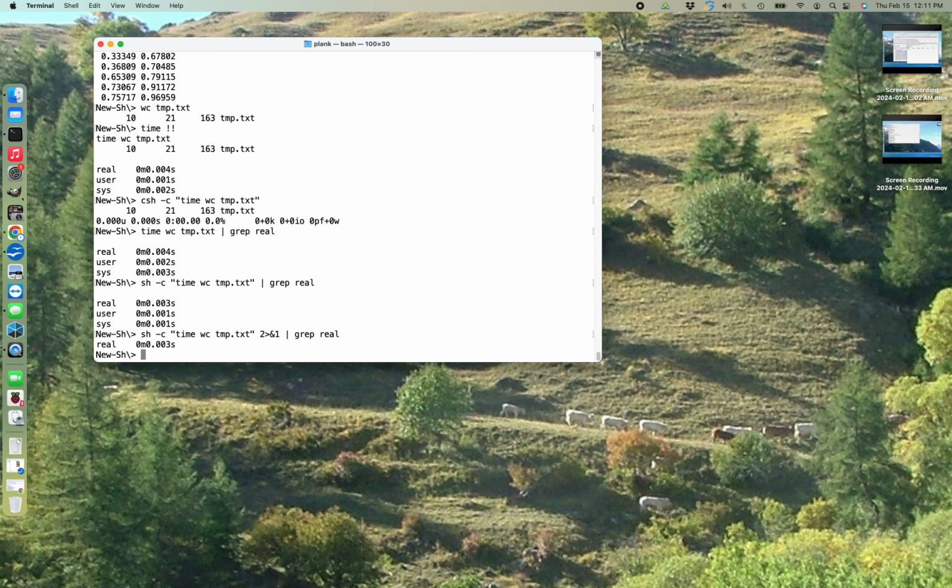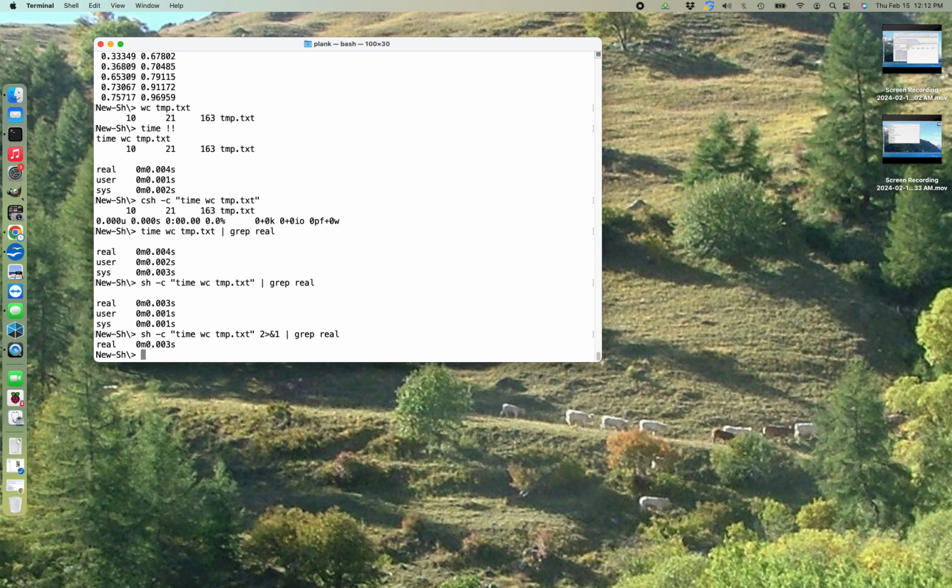And this doesn't work on the C shell. That's Bourne shell, which says take file descriptor 2. Let me specify its output. You can send this to a file if you want it, or to dev null if you want to get rid of it. And then the and 1 says put this on file descriptor 1. So that's why that goes to standard out, and now I can grep it.